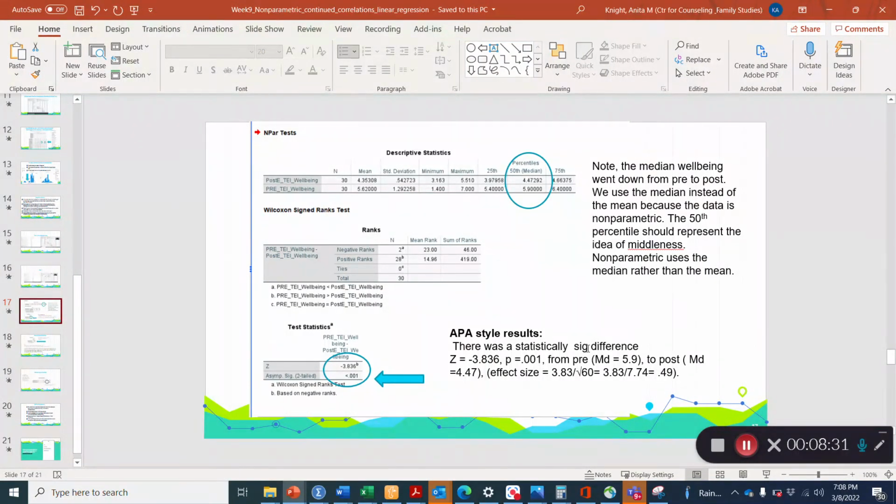size. So we would say there was a statistically significant difference, the z-value of negative 3.836, p equals 0.001 from pre, median 5.9 to post, median 4.47, with an effect size of 0.49. And